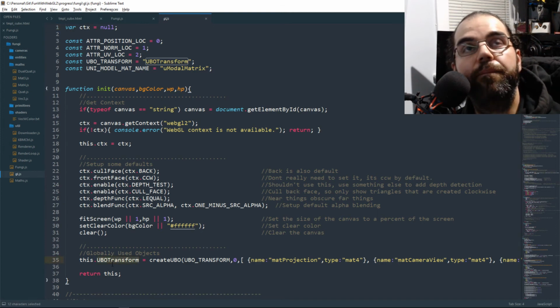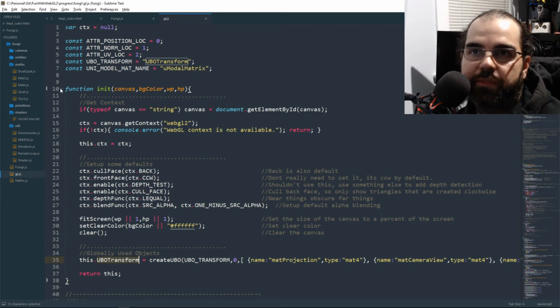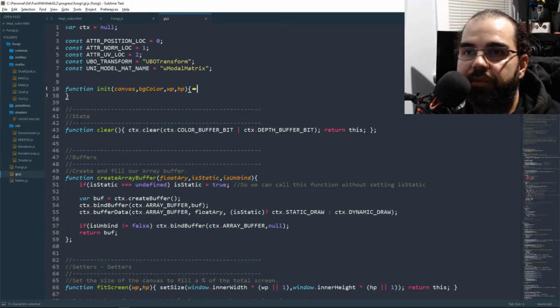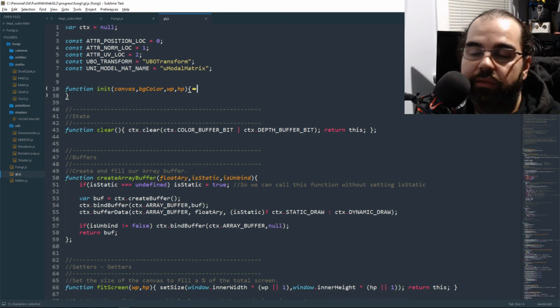Fungi app used to do this. Now GL does this. Now it creates the UBO transform here, because we're going to use that everywhere. So it's an important part of Fungi, and it's how all the shaders are going to be using the UBO for transform. You have the clear function, and in the previous version that we had,